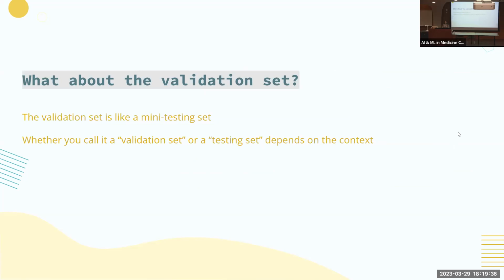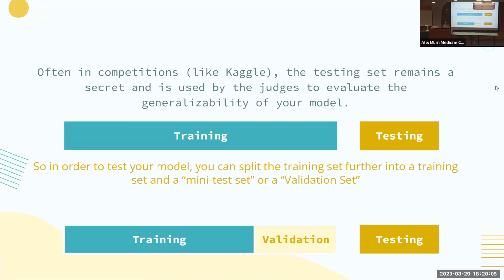Sometimes you'll hear the word validation set. A validation set is like a mini testing set. It's usually used for neural networks to tune those hyperparameters, which I think you talked about in one of the earlier lectures. In other machine learning algorithms like latent Dirichlet allocation, which I don't think was talked about, you can just skip straight to the testing set. There are no real hyperparameters to tune. So if you read the papers, sometimes you'll see an interchange between validation set and testing set. Again, it just depends on which machine learning model we're looking at.